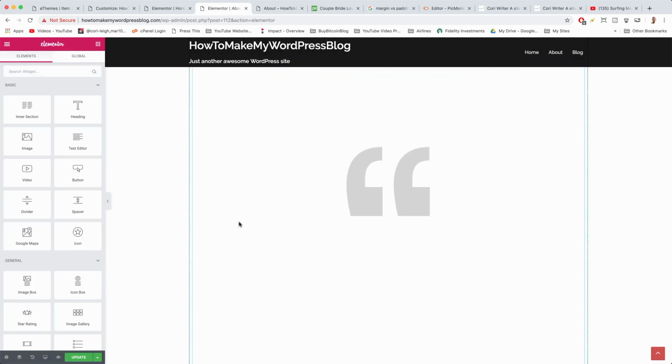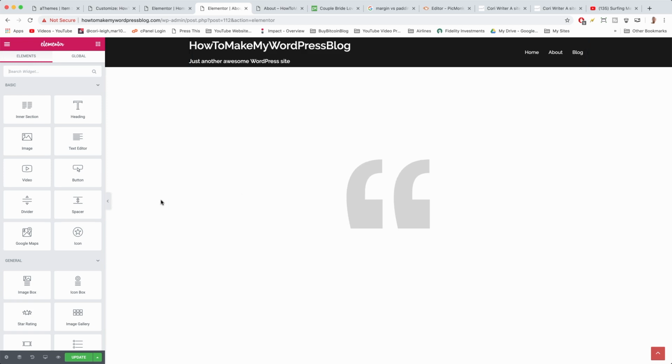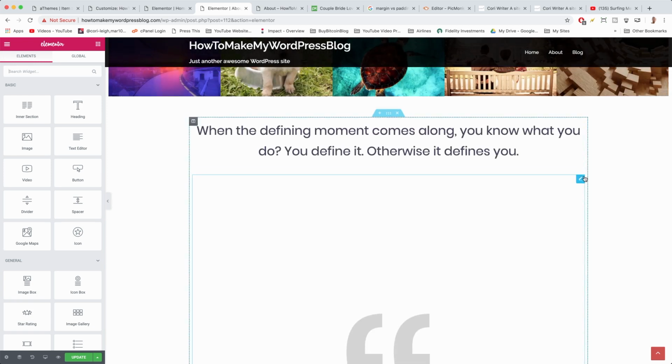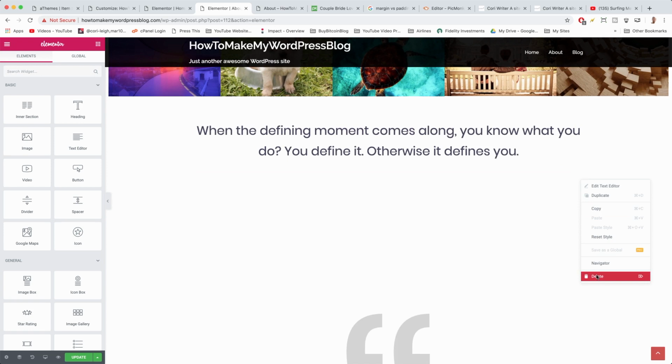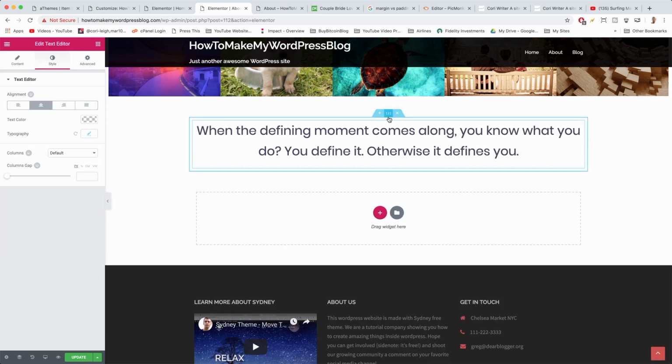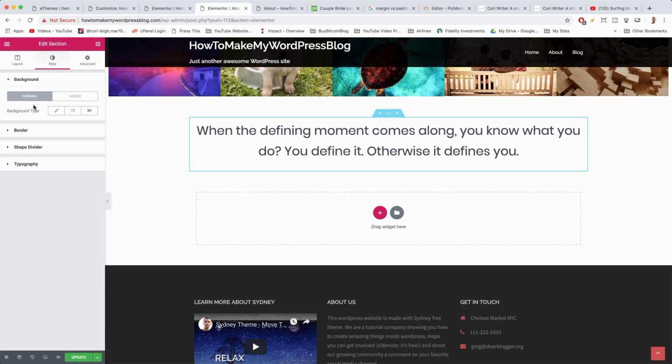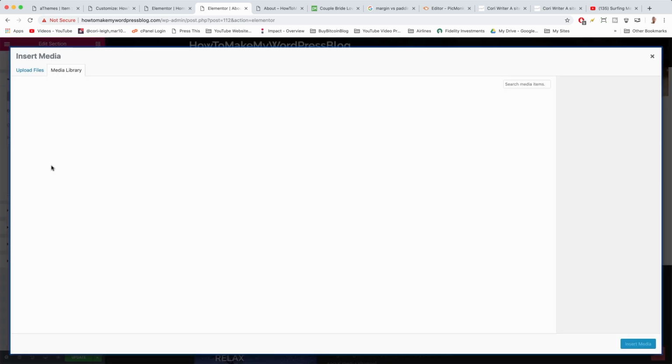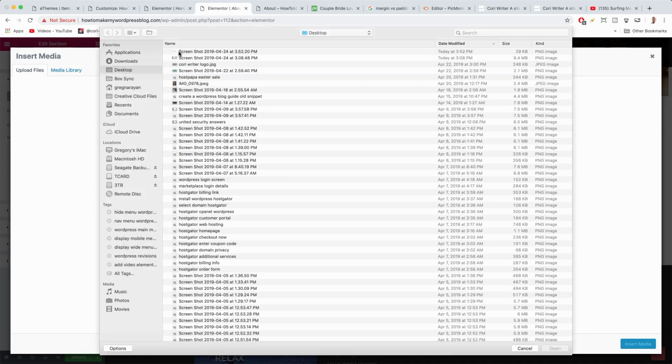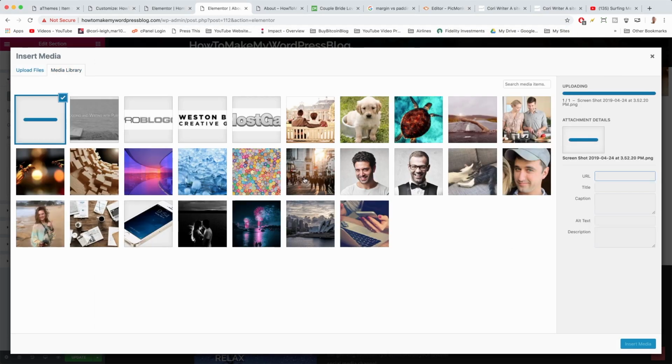And then instead of updating the page, I'm actually just going to screenshot this quote to make an image of it. So I'm going to hit Command-Shift-4 to get our little aimer and screenshot a square image of the quote. All right, take that picture. Now we're going to delete this element. So right click, delete it, and we're going to come up to our real quote and hit Settings, Style, Background Type Classic, and upload an image that we just took of that quote. So select Files, just grab that screenshot,